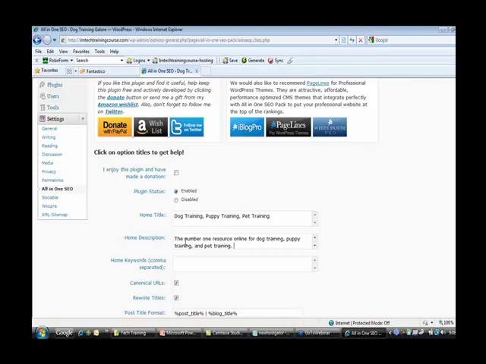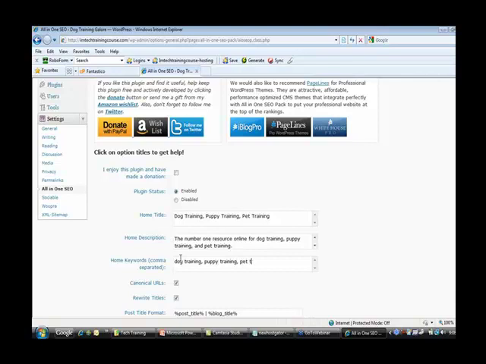Now I'm just showing these as examples here, but this is what basically you want to do with all-in-one SEO. You want to put in your title and your keyword, you want to put in your description, and this is technical related plus search engine related as well. SEO is very technical, so that's why we're covering it now, because it is so important and vital to your overall rankings. I'm going to put in my keywords now, so let's just type in, dog training, puppy training,